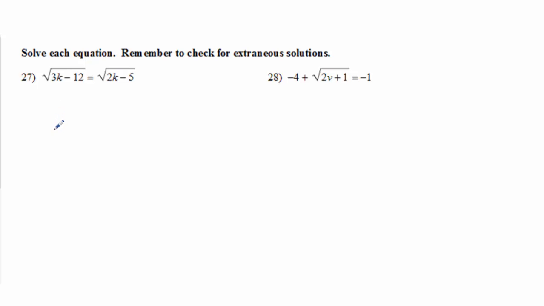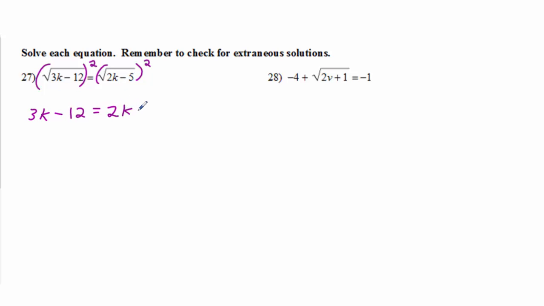On 27 and 28, we are solving square root equations, and so we want to get the square root by itself on one side of the equation if possible, and then square both sides. So on 27, since there's a square root on each side, we just need to go ahead and square both sides, because the opposite of taking the square root is to square something. What it does is it gets rid of our square root on the left side and gives us 3k minus 12. And then on the right side, the square root and the squared cancel out, and it gives